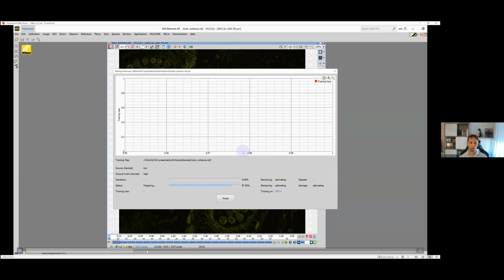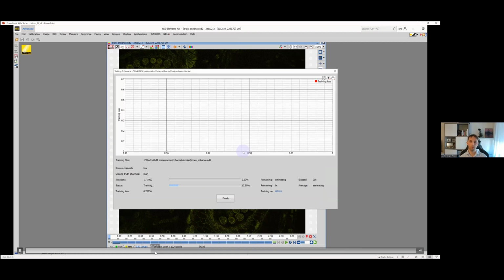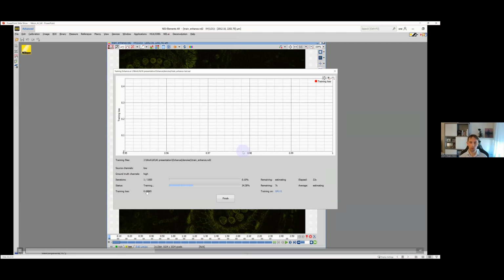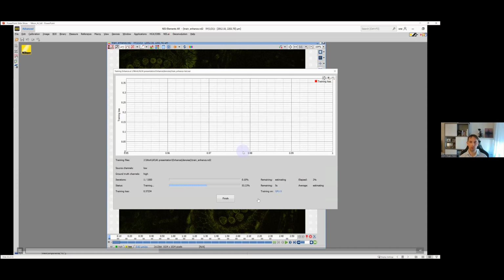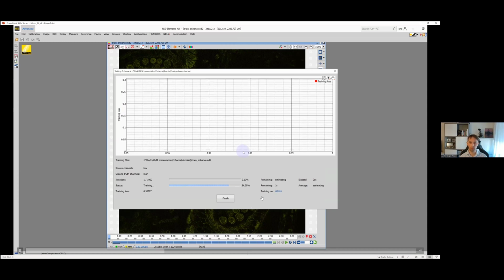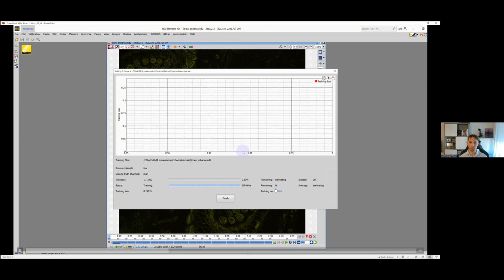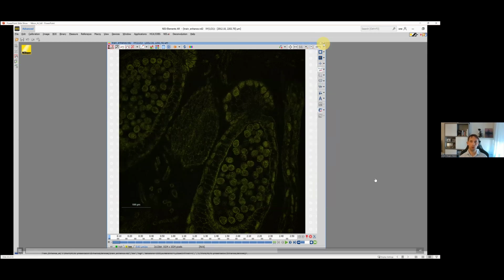And now I will just forward it. We will have a window which will show a training loss and also an estimated time of the training. So here you can see that it was our first data point, and now it will go down. In a few hours, we will get our network. So just skip forward to the use. So let's say after a few hours, we have our